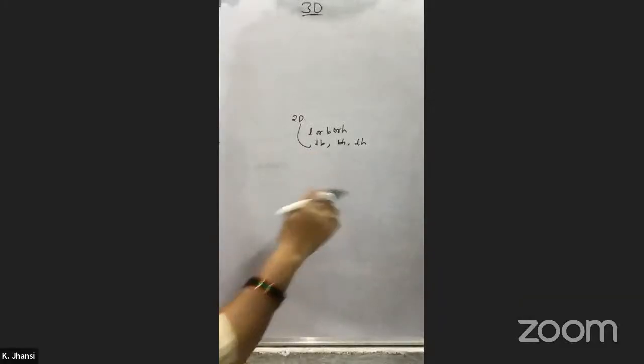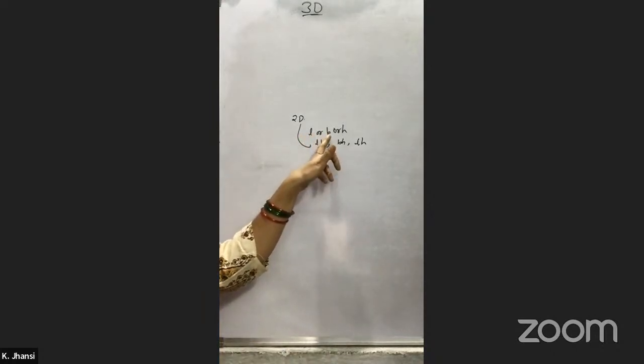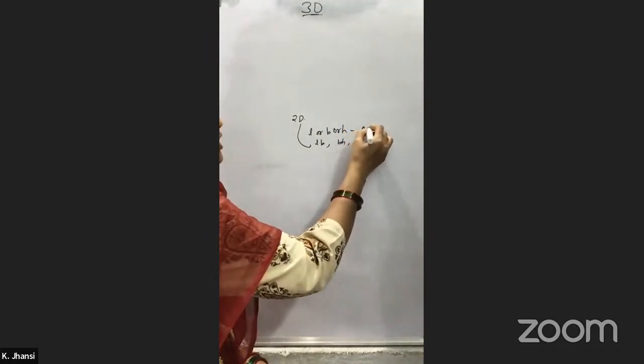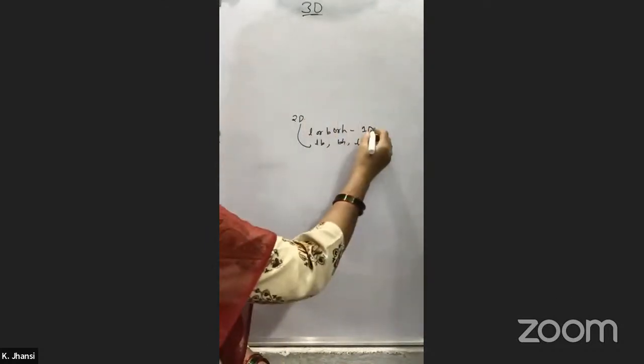Height, or length and height. So that we have seen here. If you see, 1D means it is one dimensional. So one dimension means either L will be there, or B will be there, or H will be there in 1D. Even if you see the 0 dimension figures also,